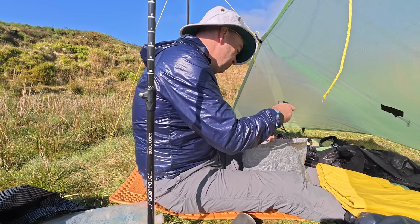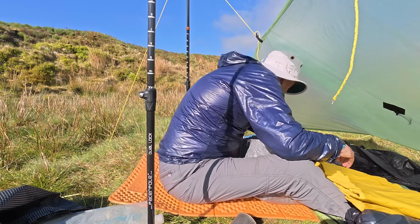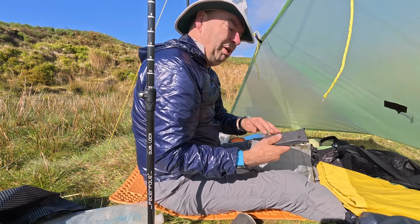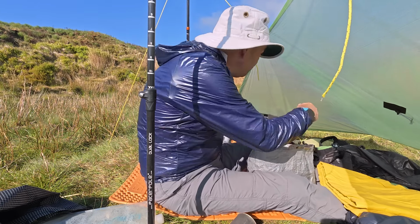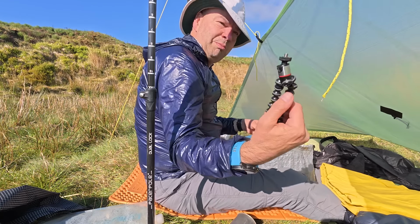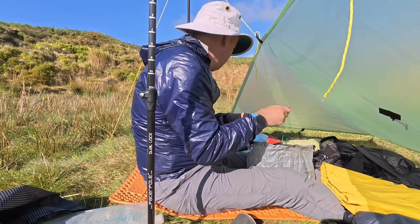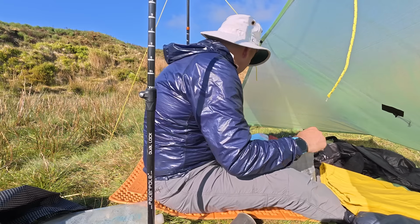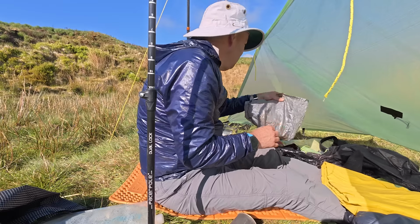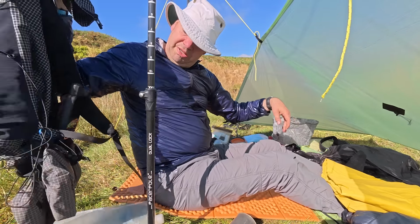So torch, nose drops, that's the Peak Design belt holder for that. That's my broken doodah. Compass, we'll keep the compass out. Okay, so we'll probably put other bits in there in due course, but let's